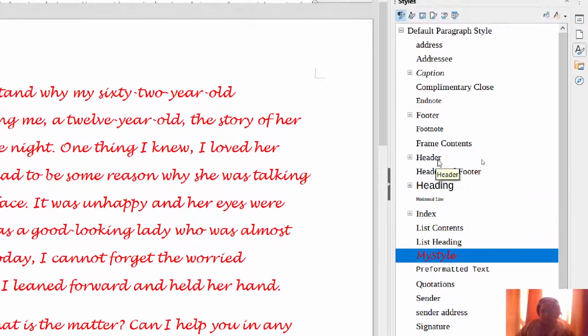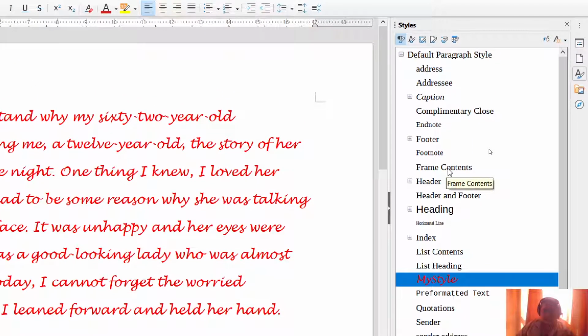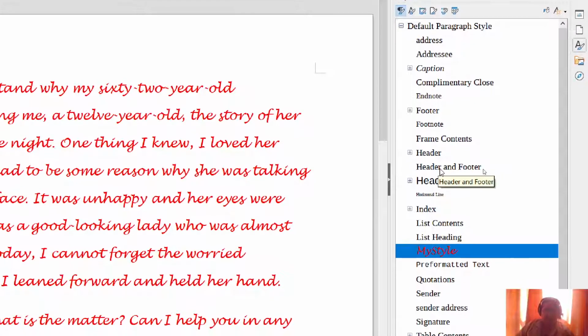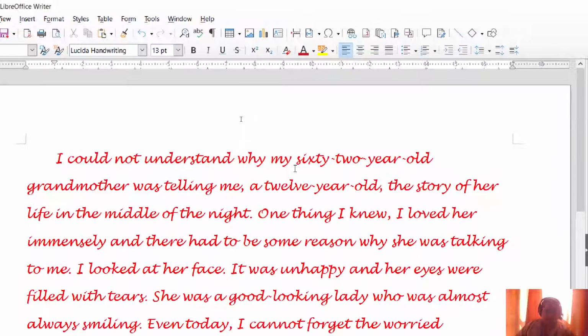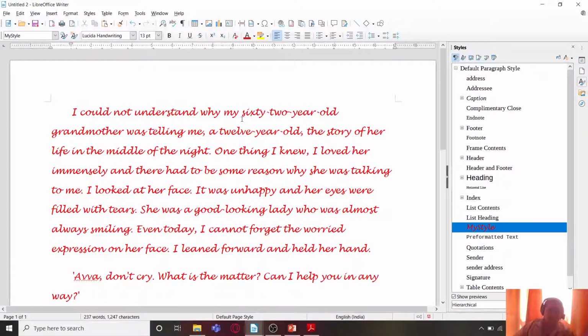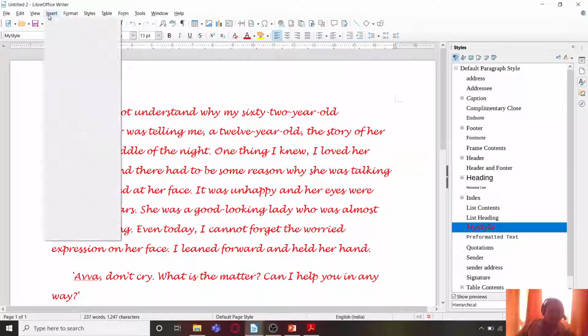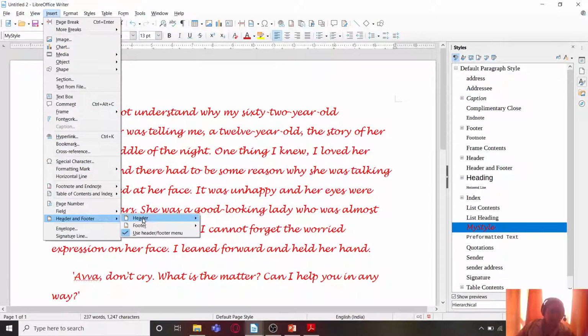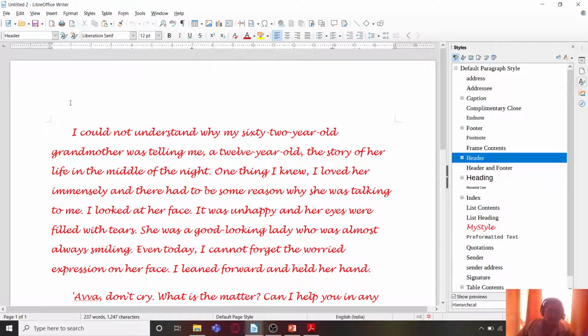It means that a header and footer has been added. If I add some header over here, I'll go to Insert, Header and Footer, Header, and from here I'm going to go to Default Page Style, and this is the header, and I'm just typing here.